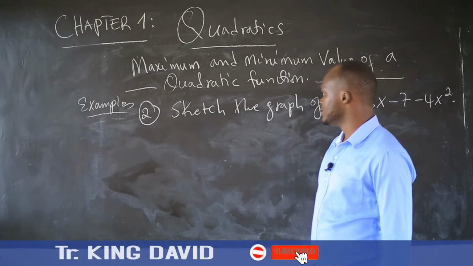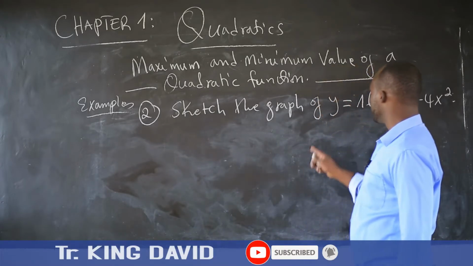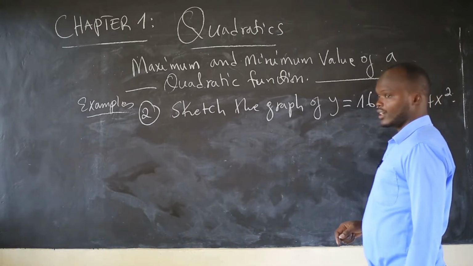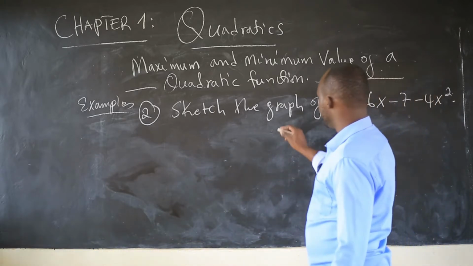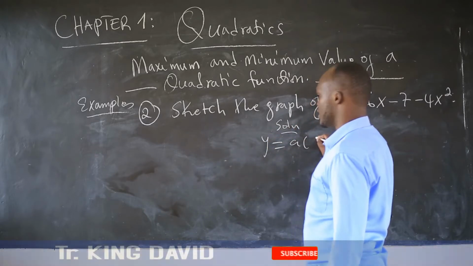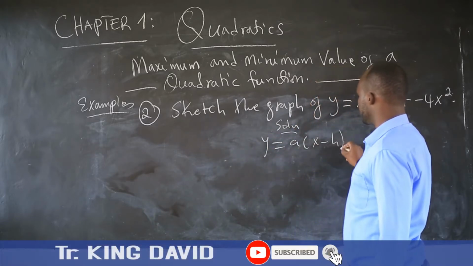Let us do number 2. Number 2 is saying sketch the graph y equals 16x minus 7 minus 4x squared. When you have y equal to a into bracket x minus h squared plus k,